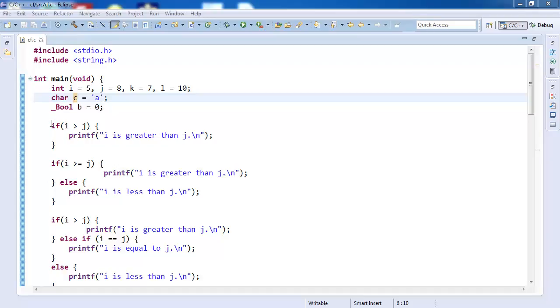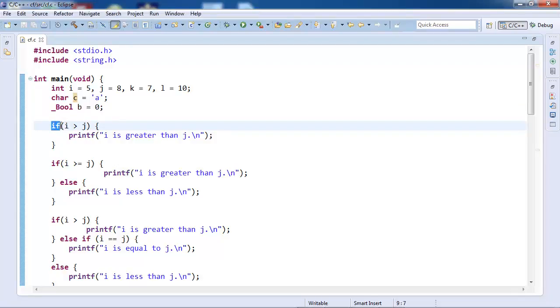So let's take the first one. If can be used standalone, only if. So I have written if i greater than j. Now remember we had a relational operator. This is called a relational operator, which I showed you when I was telling about operators and operands. So this will determine the outcome of this operation. i is 5 and j is 8.